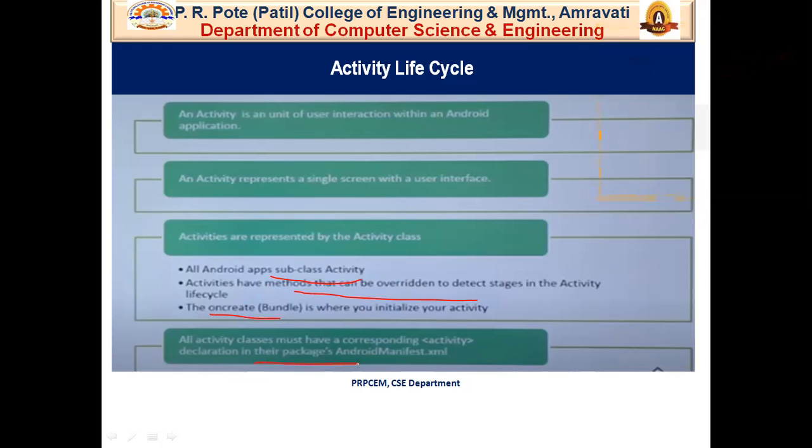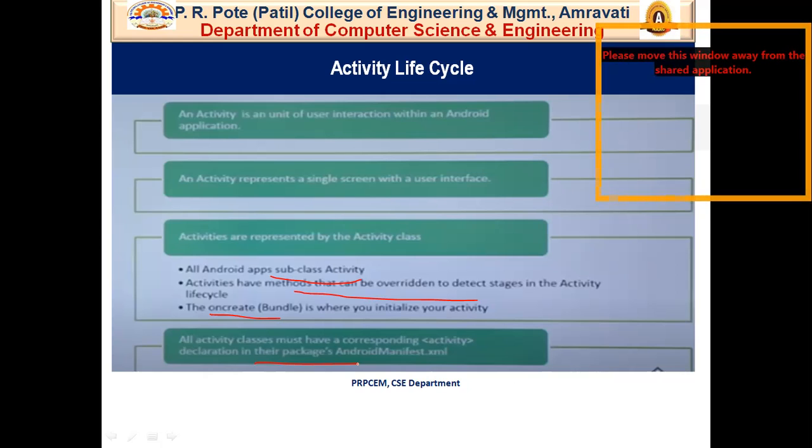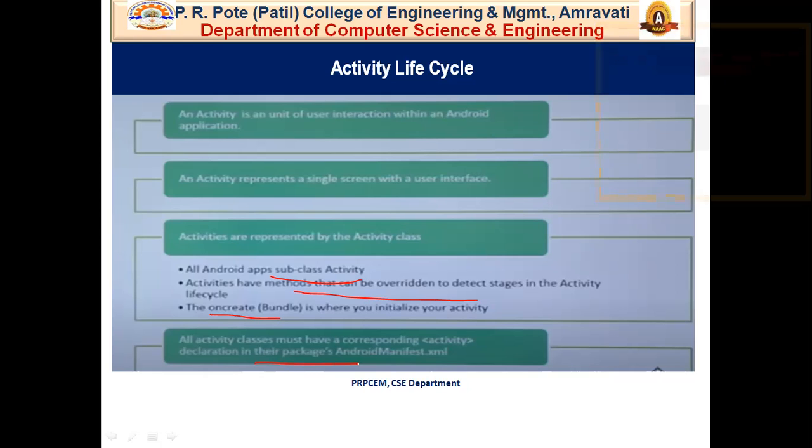If you are making an activity, you must make sure it is registered in the manifest file, because if it is not registered and Android is not able to find it, it will give you an error saying the activity does not exist, and the activity closes itself. So make sure that if you make any new activity, you register it in your manifest file.